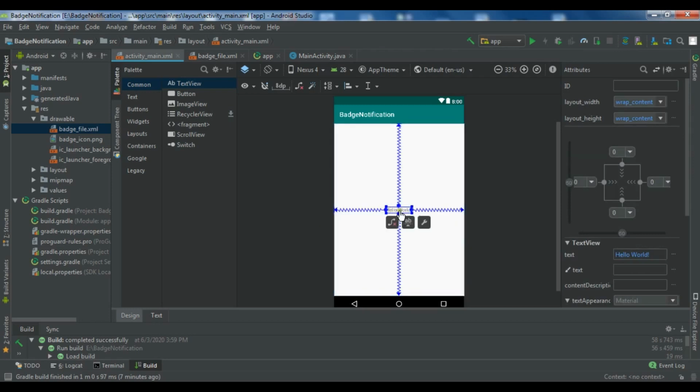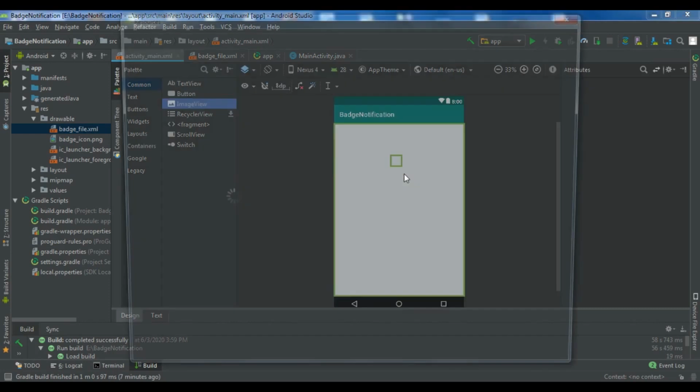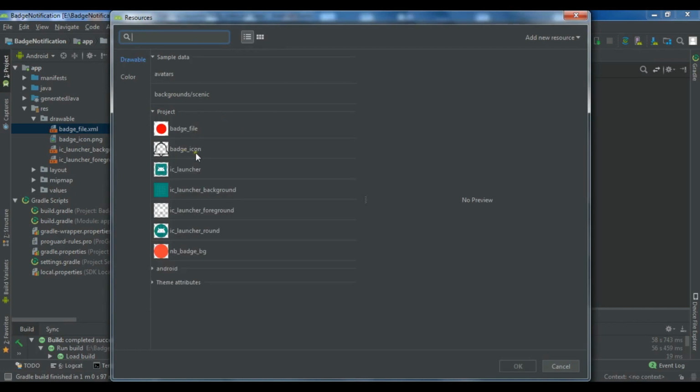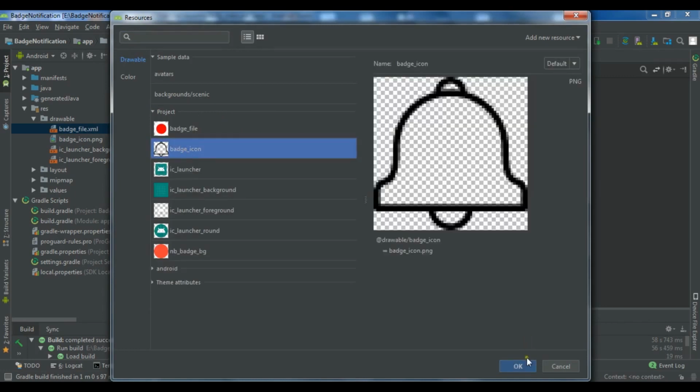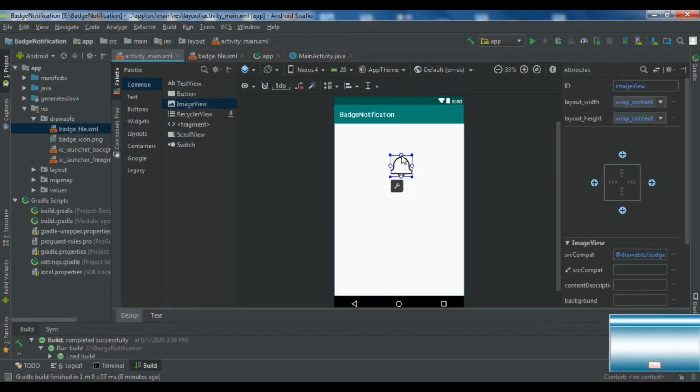Okay, now I'm going to remove this, which is just a text view of hello world, and I'm going to add an image view in here. I'm using constraint layout. I don't want to change that. So now I've already added this icon, so let me add this. And because we are using constraint layout,